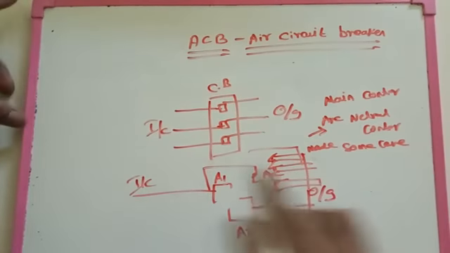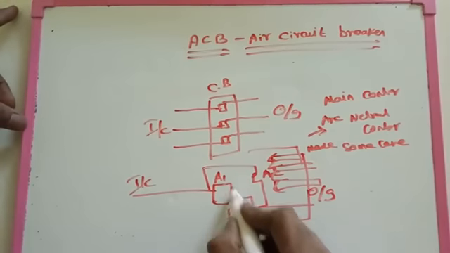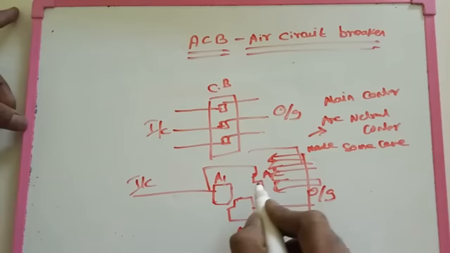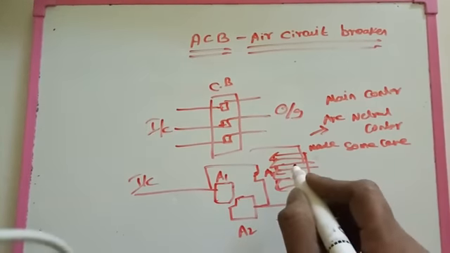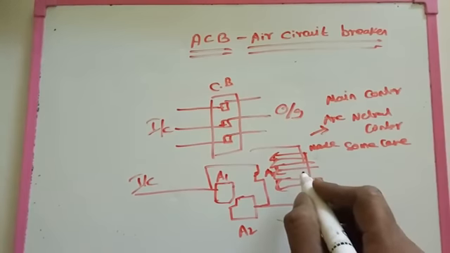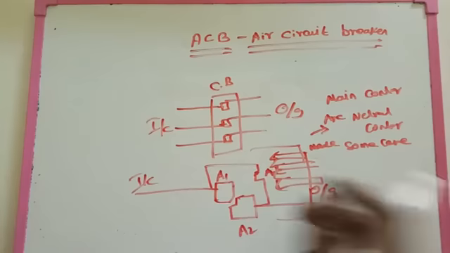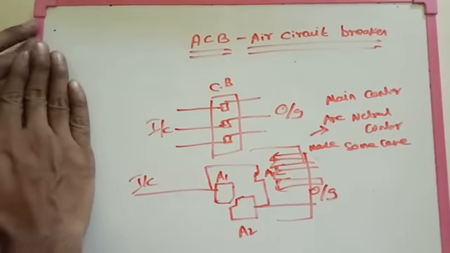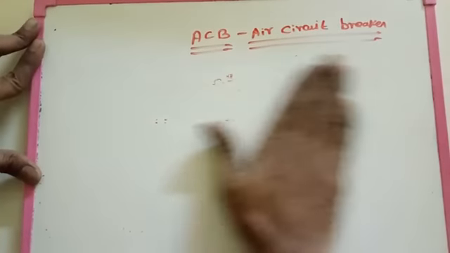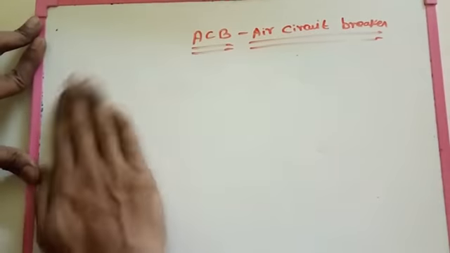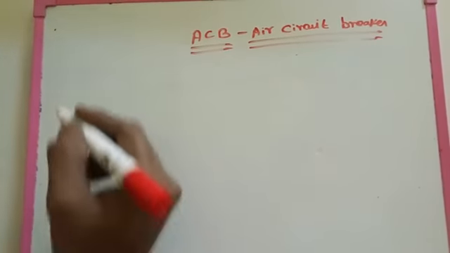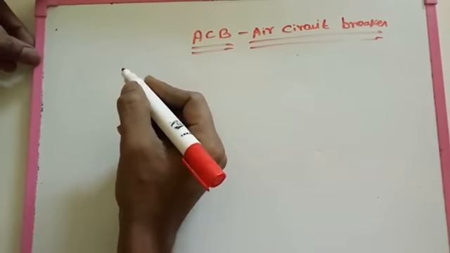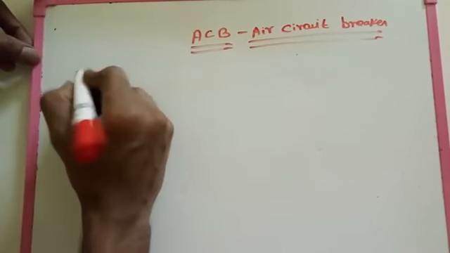So this is a very important thing, we need to maintain the air circuit breakers. After that we are going to see the maintenance of air circuit breakers, how we are going to maintain and how we are going to switch off and switch on at the time of maintenance. Now I am going to give 10 points of maintenance of an air circuit breaker. This is a very important thing. First one is